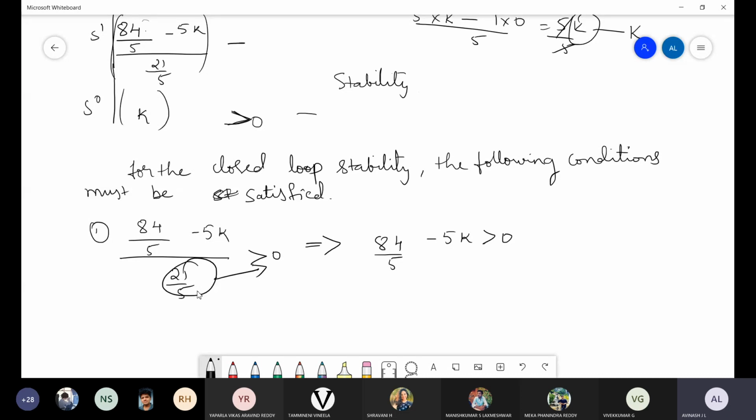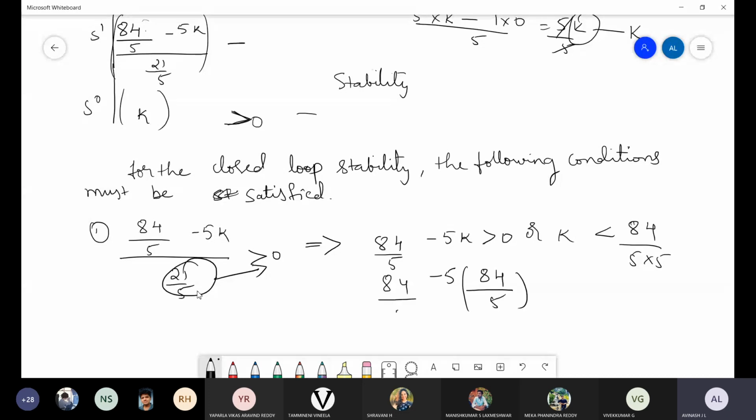So now you can see that here 84 divided by 5 is there, minus 5k is there. So for the k value, I can say that k should be less than 84 divided by 5 into 5. Why is it 5 into 5? You can see that minus 5 is there, no? So for the k value, if we take 84 divided by 5,